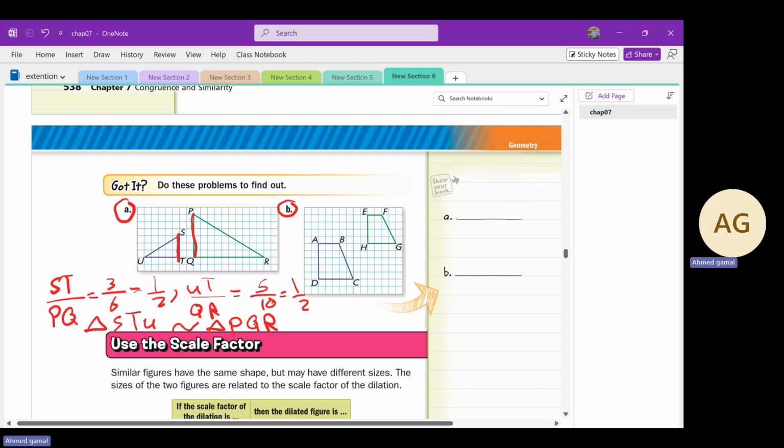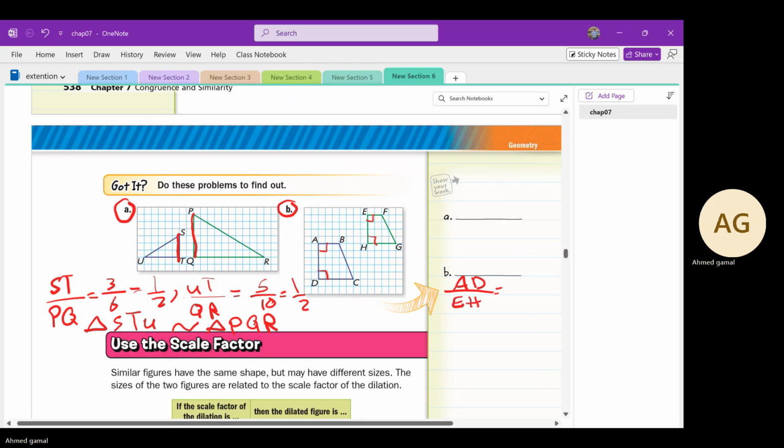What about B? We can just identify that right angle, right angle, right angle, right angle, and the other angles I can't identify. But look at the sides. We may have them not proportional, not the same ratio, not the same division. Look, AD is 1, 2, 3, 4, 5. EH is 3. So AD over EH